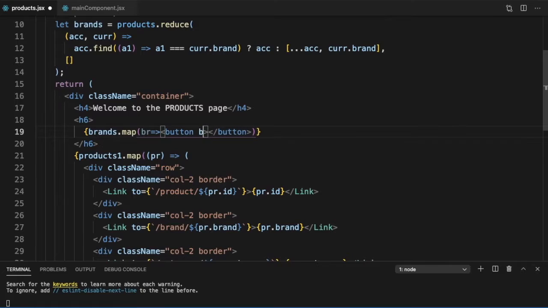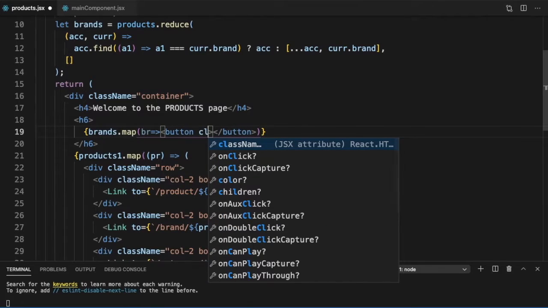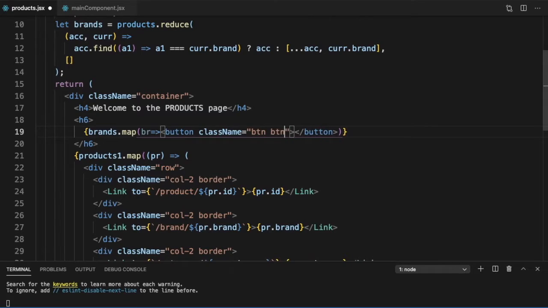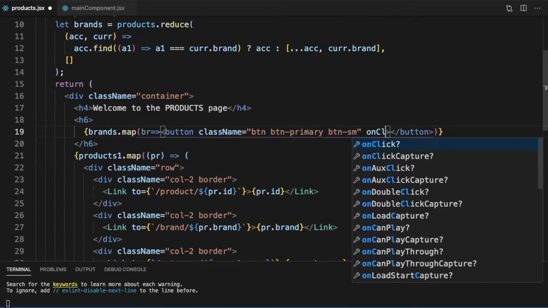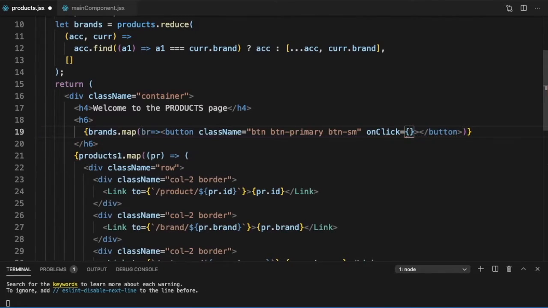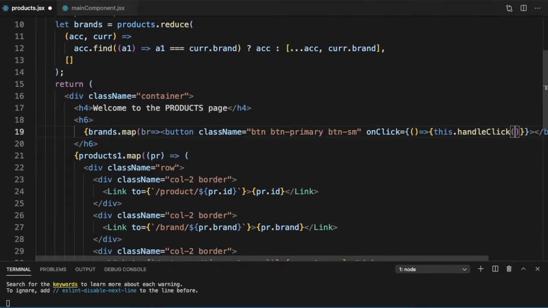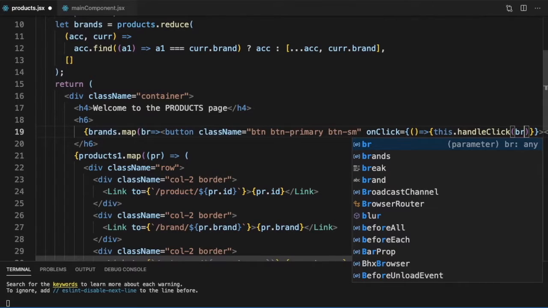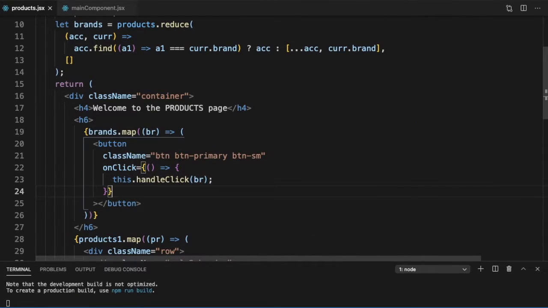In the button, className is equal to btn btn-primary btn-sm, and onClick is equal to this.handleClick, and we will just pass the value of br. So this is our button, and let us give a little bit of margin, say mr-2. So we will see those buttons.